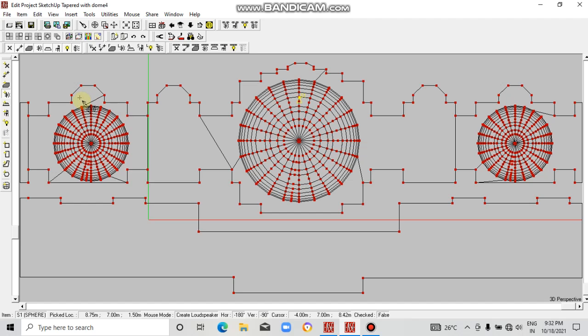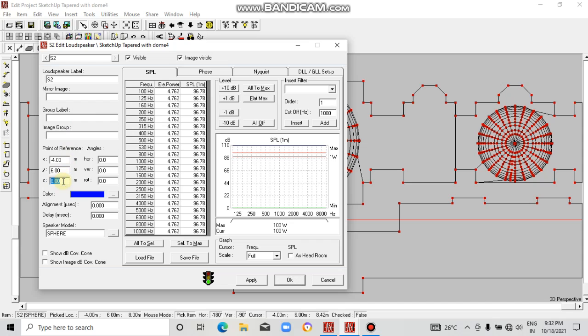We will place it somewhere like this. Click here, 1.5, that is the human height, and since this is -4, make it -3.75.